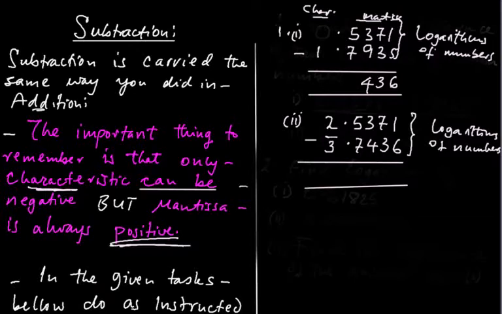And this becomes 14, because mind you, we borrowed again. Must be very careful. So this becomes 14 minus 7, which gives you